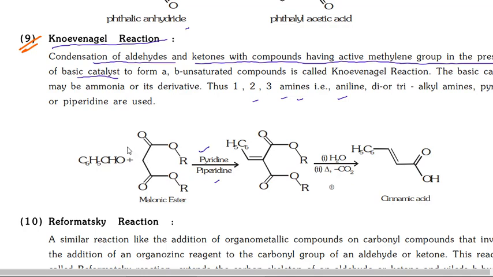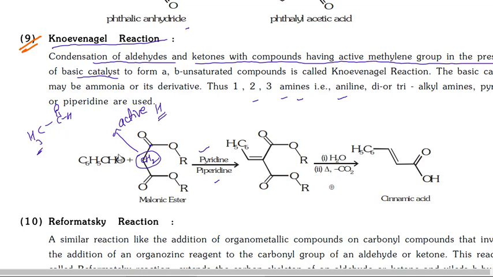Active methylene groups means whenever alpha position already we discussed in the aldol condensation, this is the active hydrogen only. Okay, active hydrogen. Active methylene group means CH2 group is the methylene group. If CH2 alpha positions means next positions, if C double bond O group is there like this, this methylene group is known as active methylene group. These hydrogens are active hydrogens. These hydrogens are known as active hydrogen. That methylene group is active methylene group.